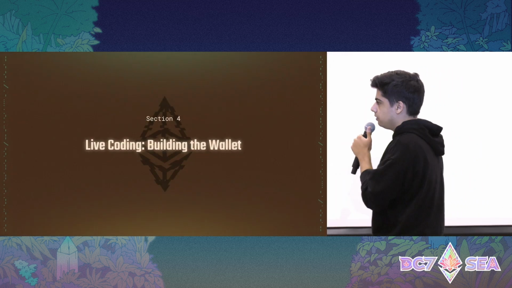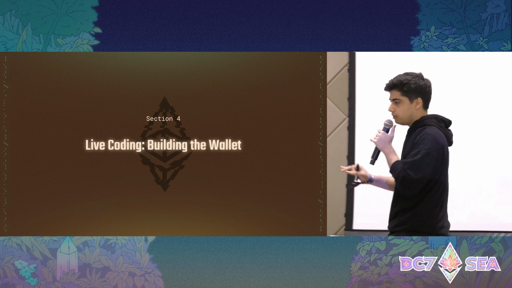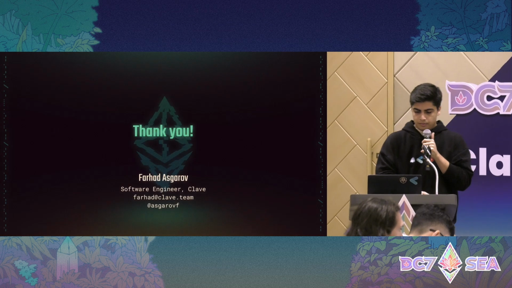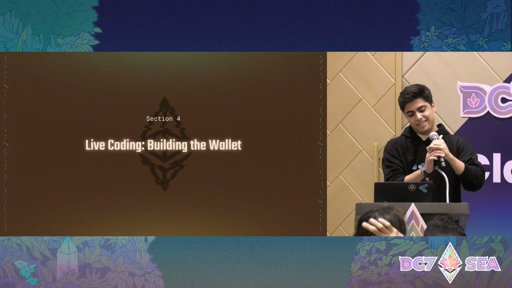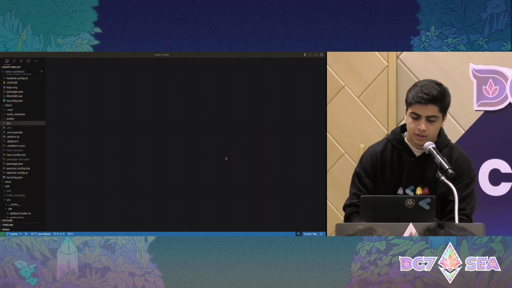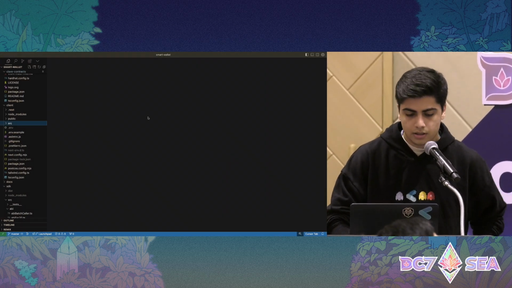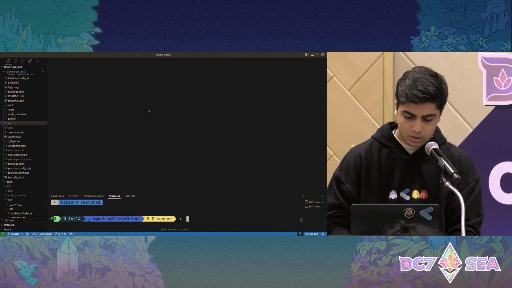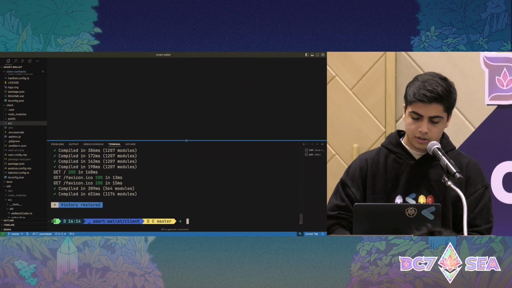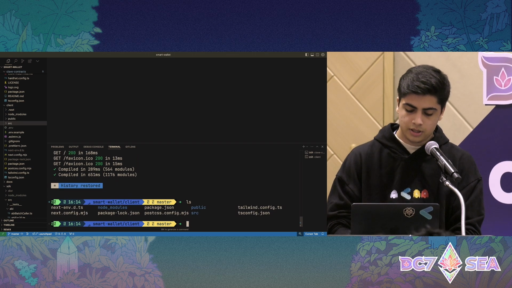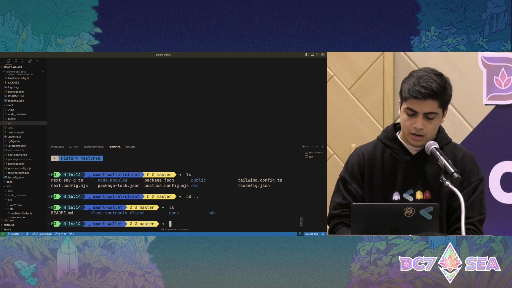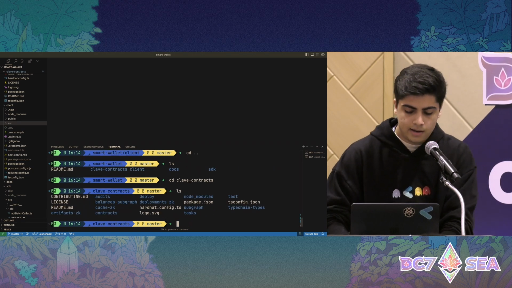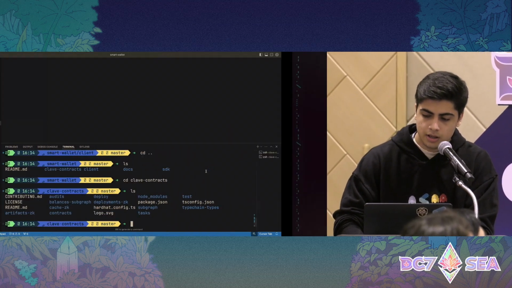So let's go back to the main part where we'll be building the wallet from scratch. Since we cloned our repository, we can continue by setting up our deployments. So I will open a terminal in my local repository so that I can go to the contracts repo. In this contracts repo, after putting your environment variable, you can simply go